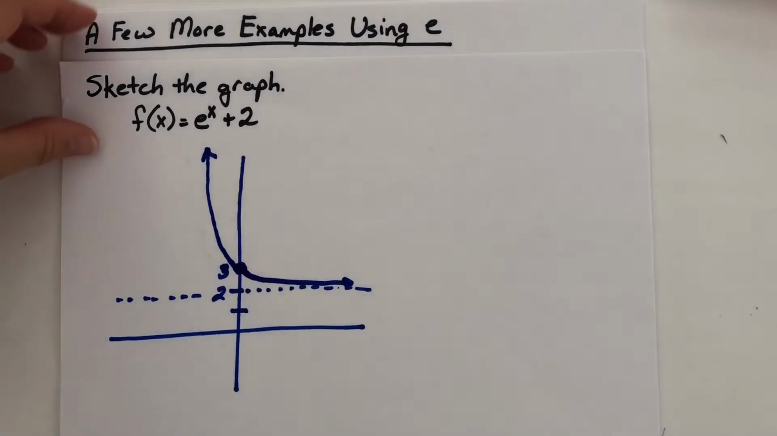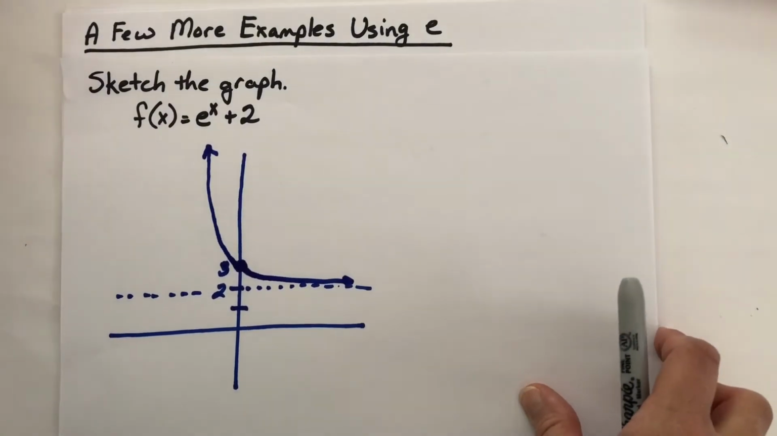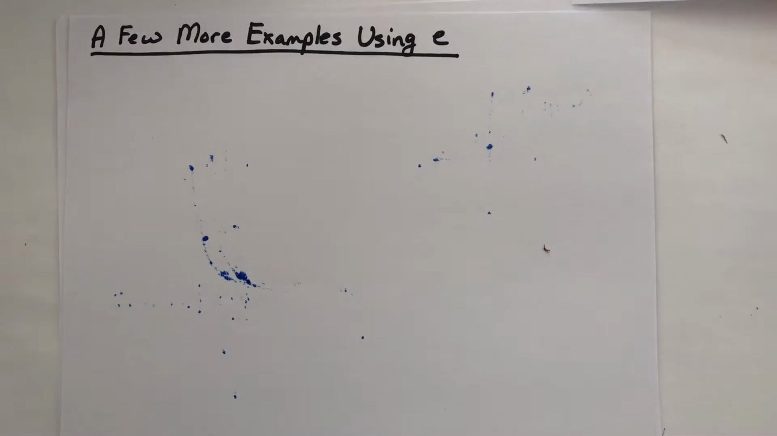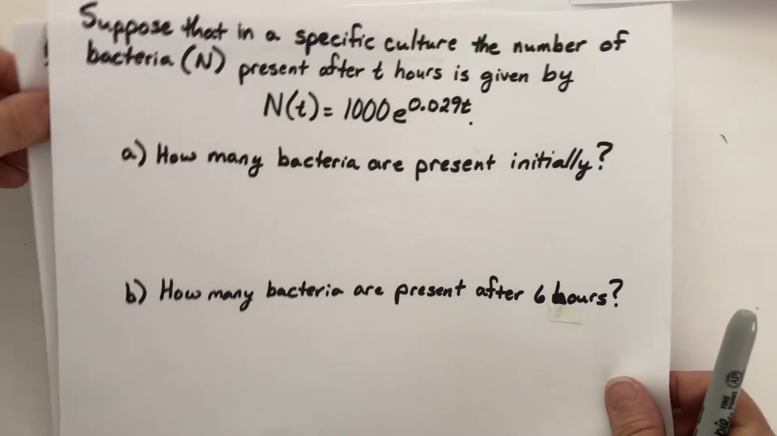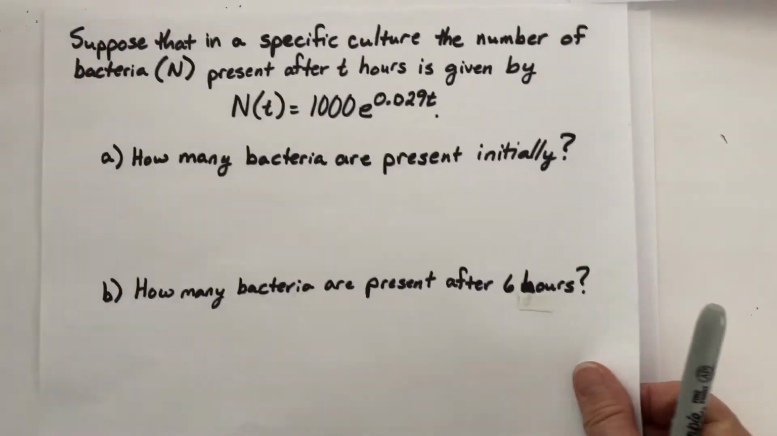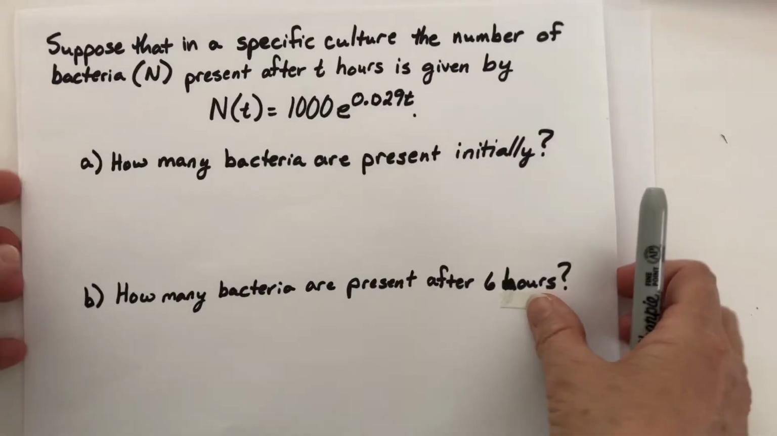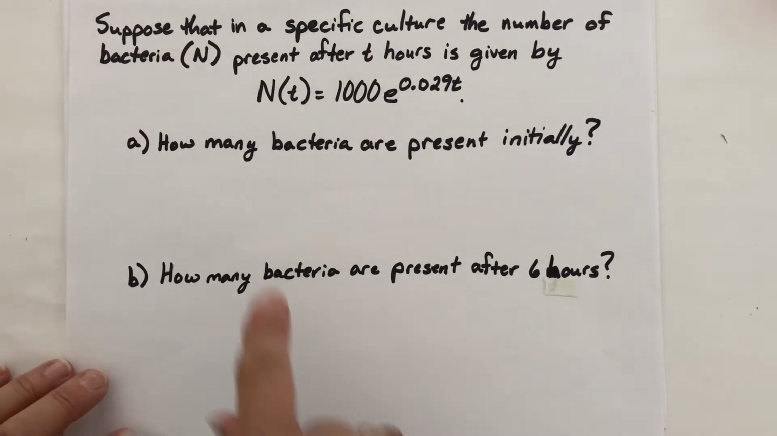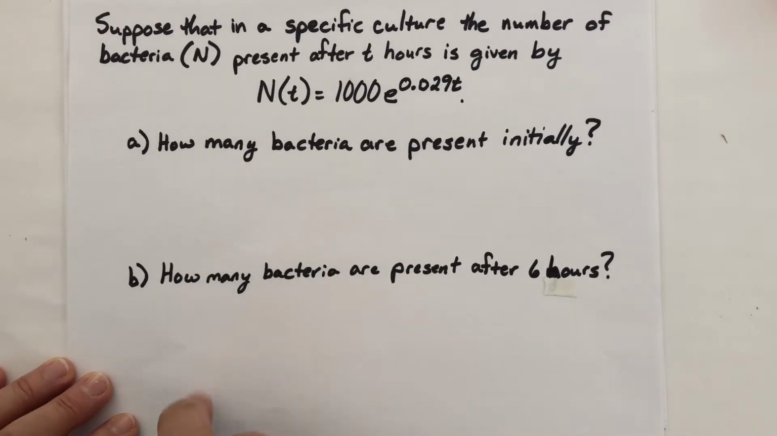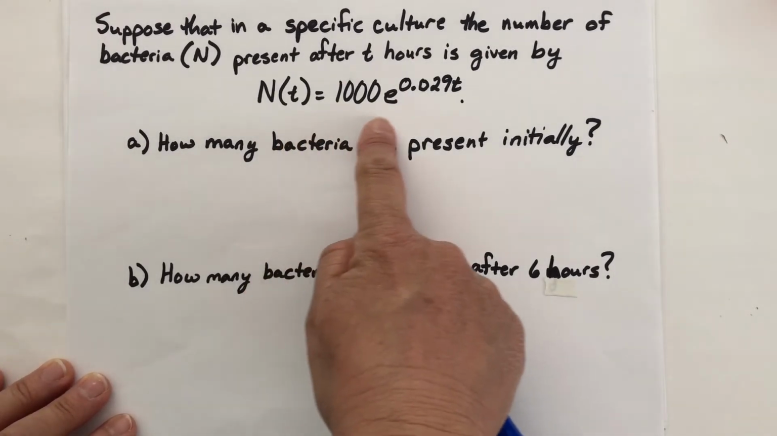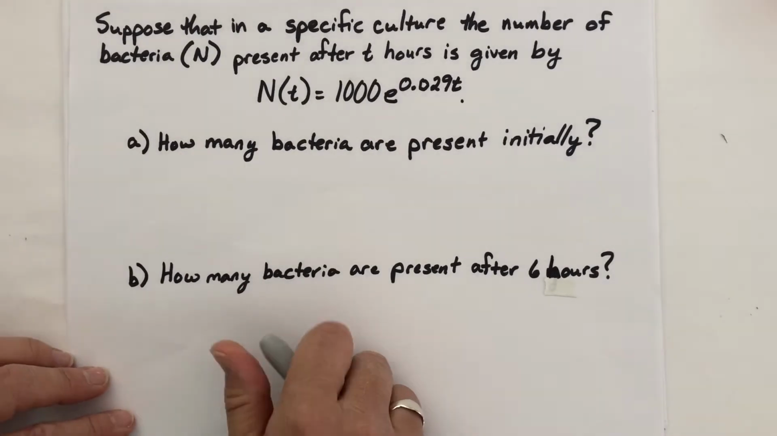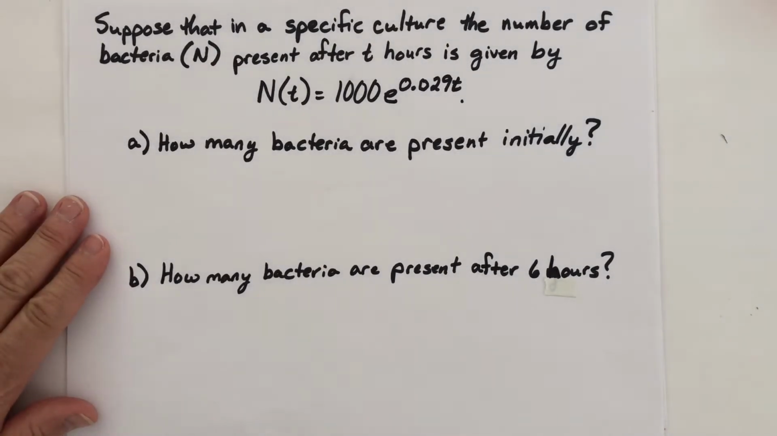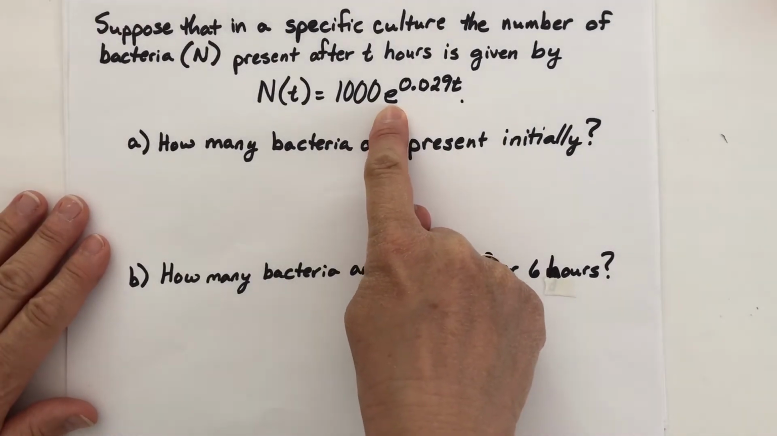Let's do something else. Let's do a problem that looks like this. Another exponential type problem. I'm not asking for a graph this time, but it's just a problem that gets modeled by an exponential function. Suppose that in a specific culture, the number of bacteria present after t hours is given by this equation. Now, before we proceed, consider whether the number of bacteria are getting larger or getting smaller. We know that the base is bigger than 1,